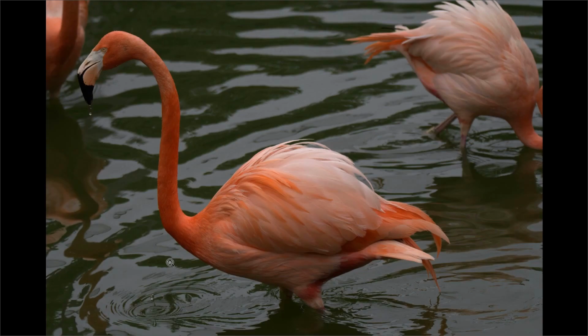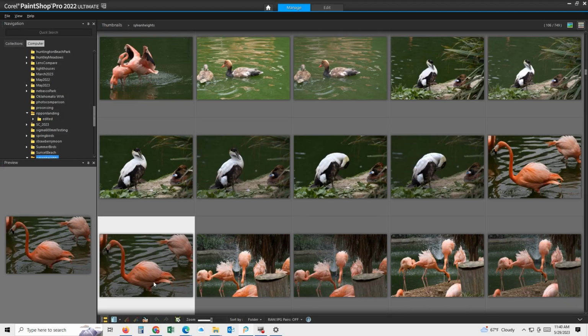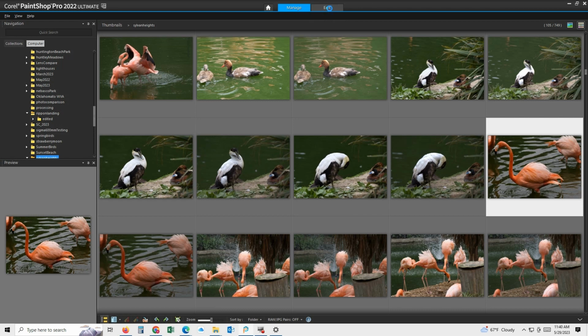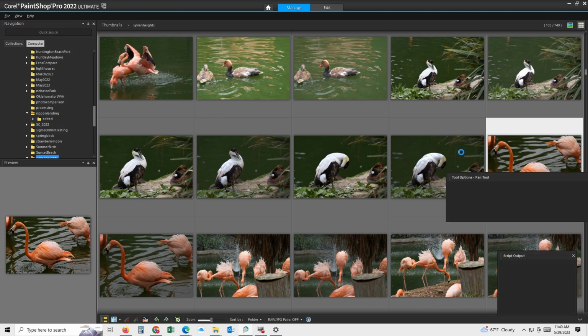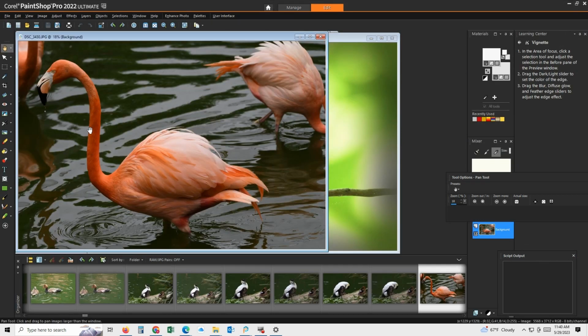When I look at this picture, one of the things that really jumps out at me is the water dripping from the bird's face. Now I've got a lot of flamingo pictures here, a lot of flamingo bodies, but I'm gonna go back to the JPEG, click edit, and I want to go see if I can make something with that water drop coming off of the bird's beak. There we go. So to do that, I'm going to crop